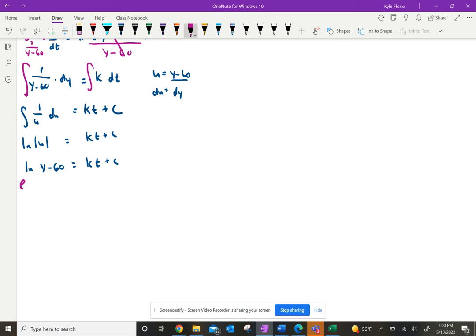So now I can exponentiate both sides to get the y on the bottom floor, so to speak. So the natural log and e undo each other. So y minus 60 equals